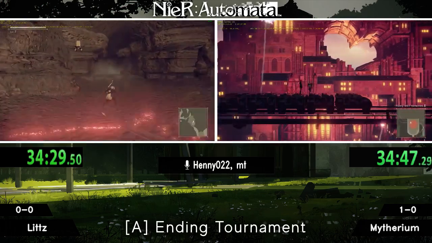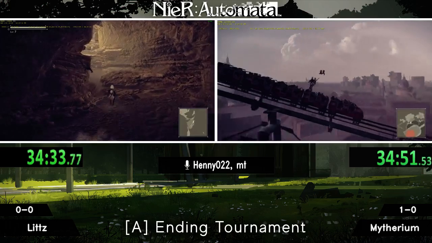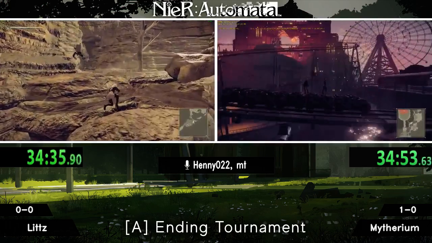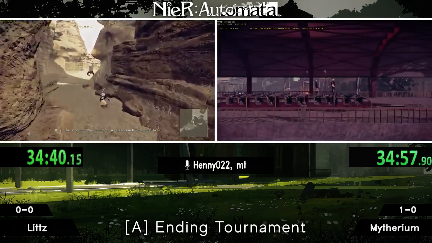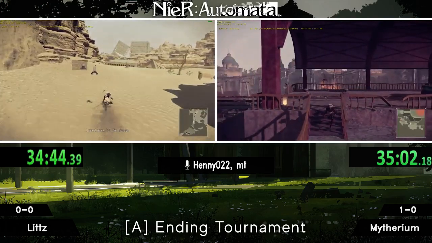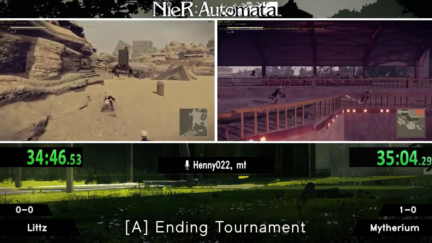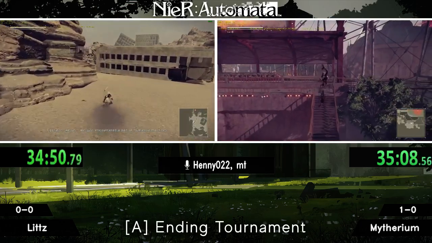So Littz had some attempts at box clip there, but ended up deciding just to push it and take the normal route. Yes, so you didn't see it from any of the runners. Basically, in the normal route what you usually want to do is get the out of bounds that Mytherium did at that point,